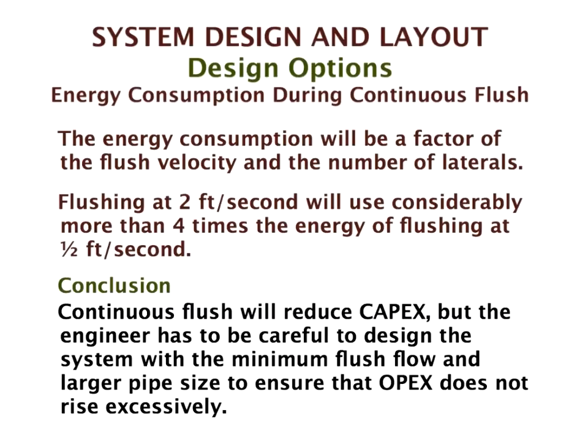Energy consumption will be a factor of the flush velocity and the number of laterals, both because the number of laterals will determine the amount of water that's going round and round, and the flush velocity will also determine the amount of water. So obviously, if you're flushing at 2 foot per second, you'll be using considerably more than 4 times the energy of flushing at half a foot a second. Now,